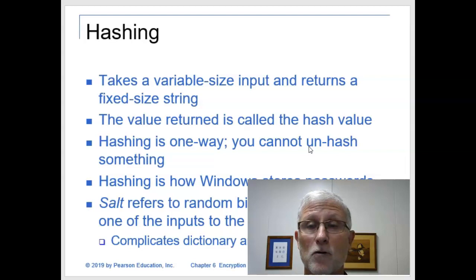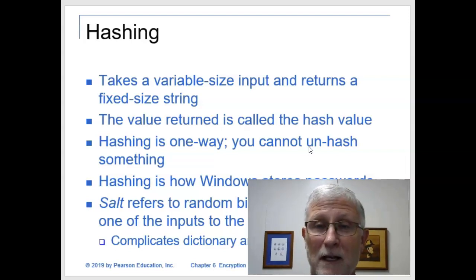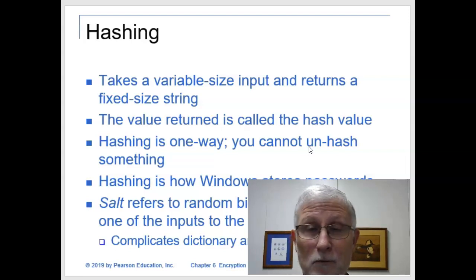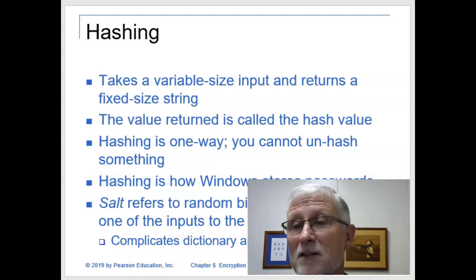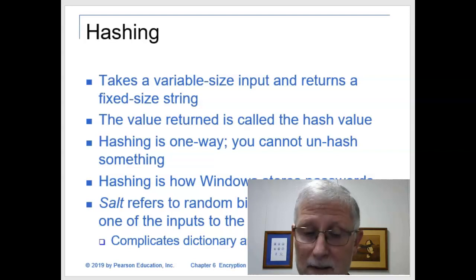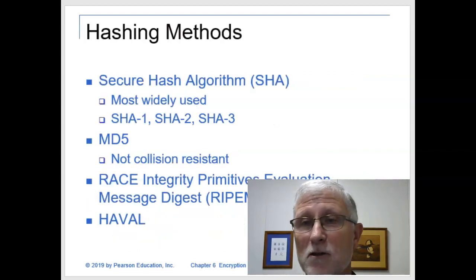Now, you may hear the term salt, and basically salt, like I mentioned earlier, is just random bits that are used as one of the inputs into the hash. So basically you have to have the salt and the hash algorithm to try to break the code. It just makes things a little bit more complicated. It complicates dictionary attacks or rainbow table attacks. And rainbow table attacks use certain groupings of data that people have built that can be used to compare